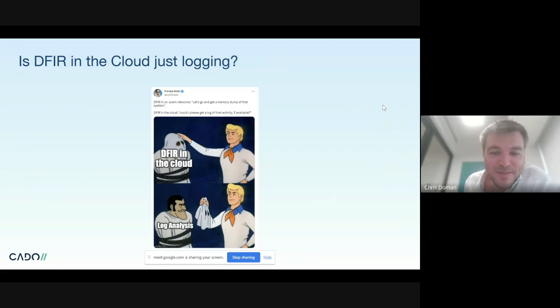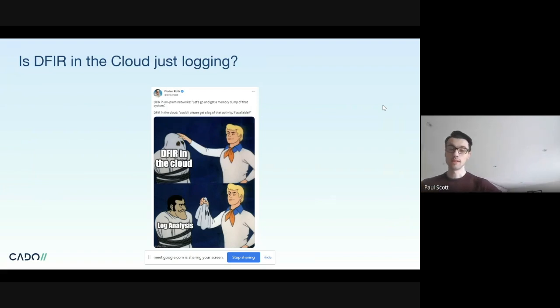And a controversial one from Florian Roth, a controversial person. He likes to stir a bit. Is DFIR in the cloud just logging? I think it's more logging to an extent, and it really depends on the services that you use and what kind of tooling you have available to get access to stuff. So if you're using, say, only Lambdas or Beanstalk or something like that, where you're very far to the right of that picture we saw earlier,